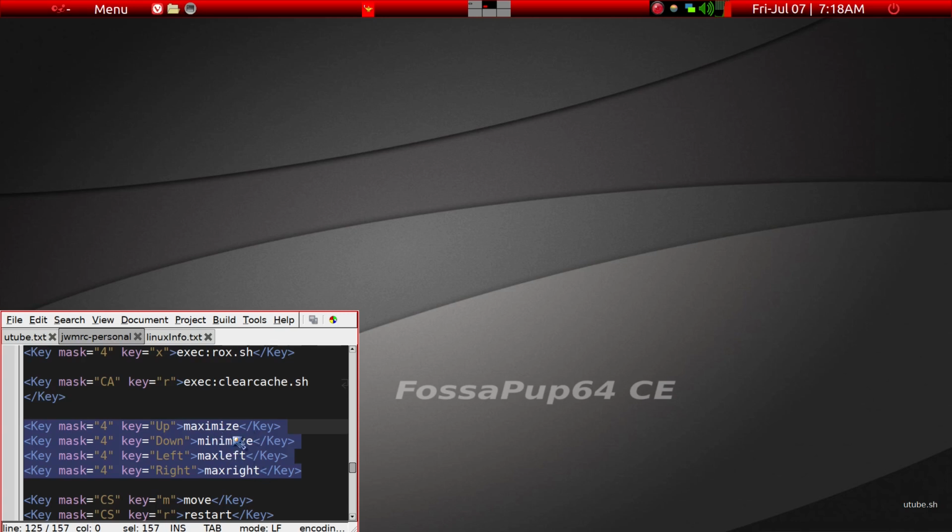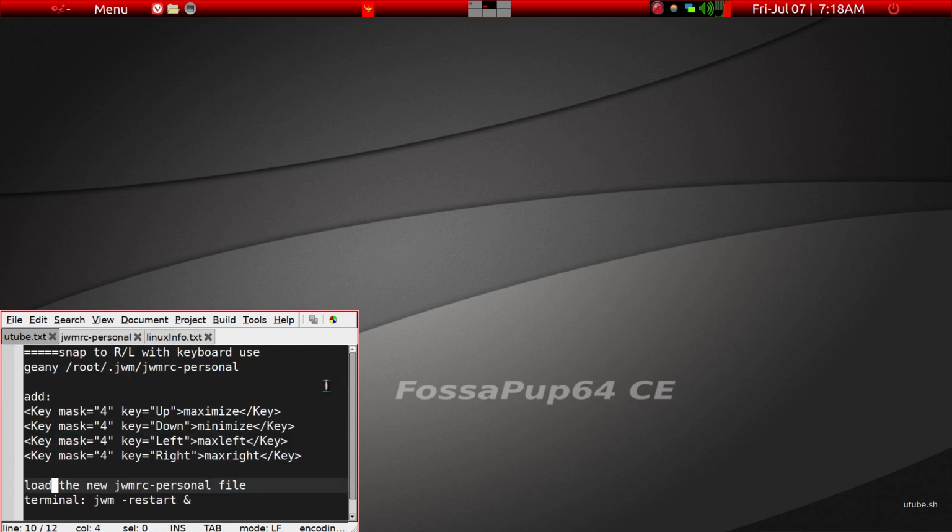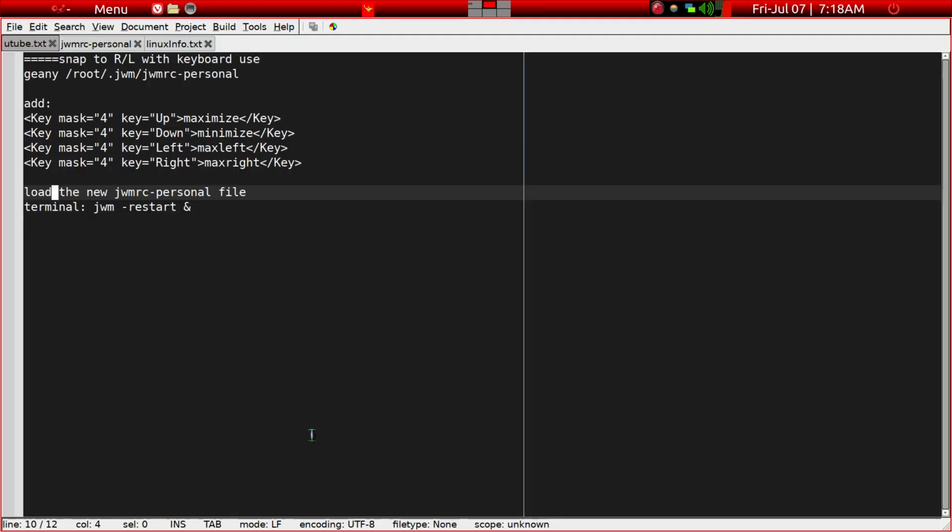So you just add these 4 lines and save, and then reload the jwmrc-personal file by typing in this command in the terminal, and then right away you should be able to